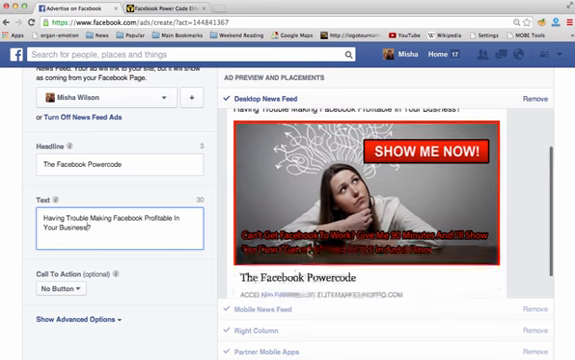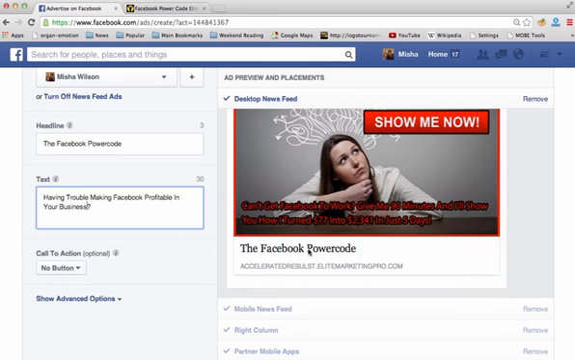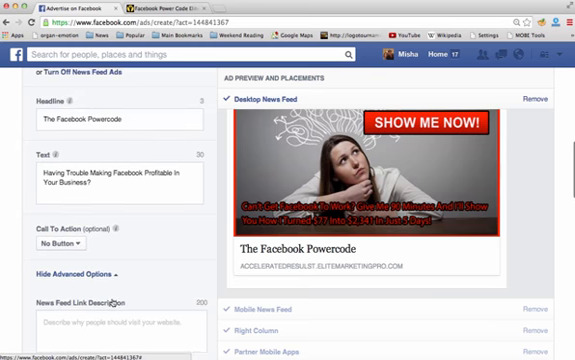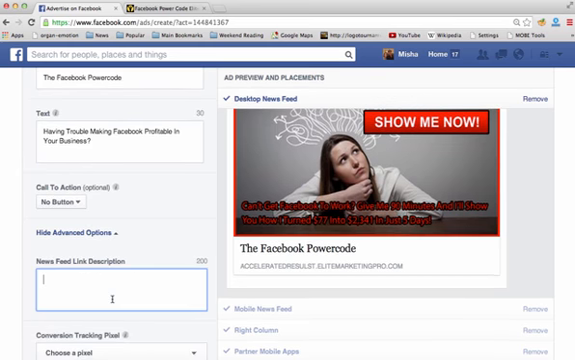Next, we're going to show advanced options here and the newsfeed link description. This is something that some people don't use that's really powerful. It just gives us more text to use in our ads. So again, I'm going to go back here and I'm literally just going to copy this headline